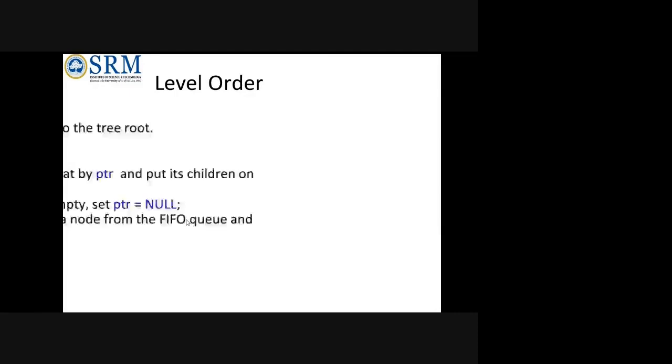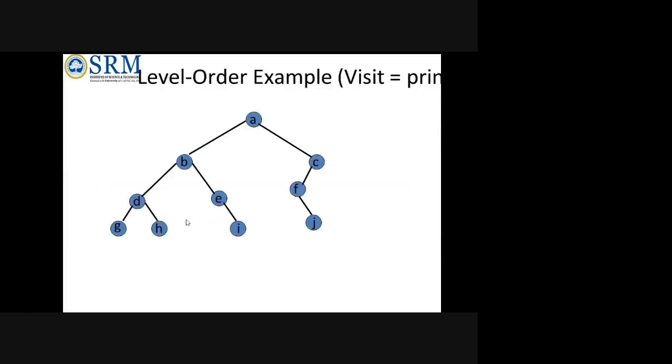Now this is your level order. Level order is very easy, based upon the levels. That's all. Level order you see here. How the levels are clearly mentioned. Level is very easy compared to all others. Level 0, level 1, level 2. This is the 0th level first, then this will be your first level.